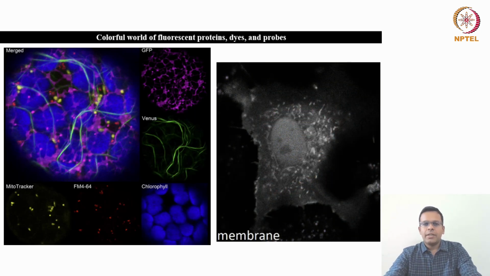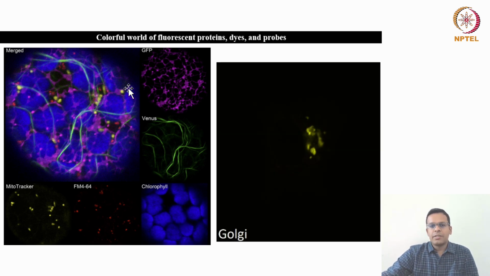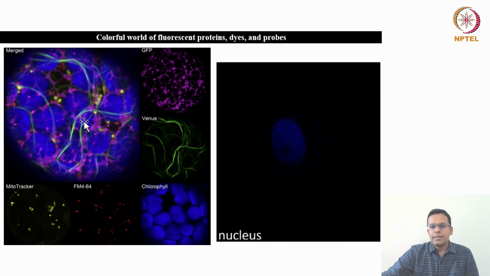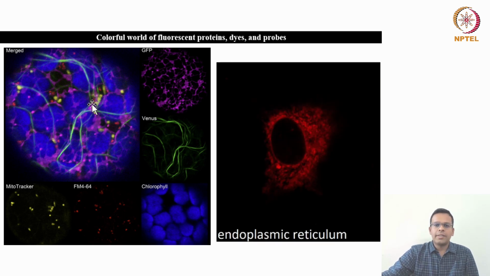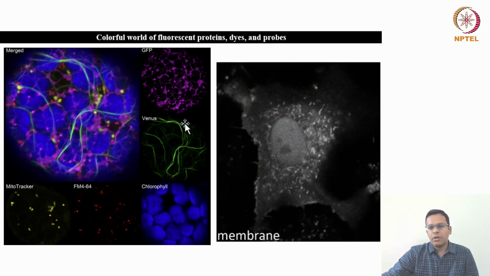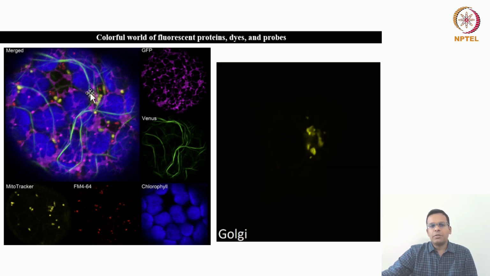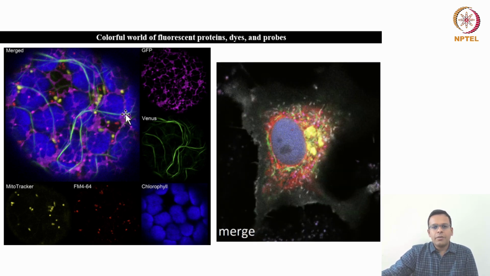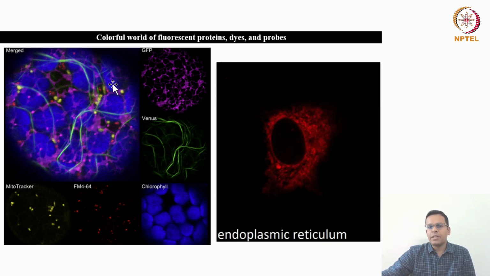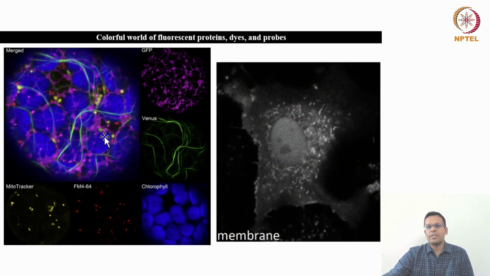In many research articles or in several presentations, you must have seen this kind of beautiful images of the cellular structures and cell organelles, in which different cellular organelles or the cellular proteins are labeled in different colors, and you can merge all those colors to see their co-localization. So in today's class we'll learn how these different proteins or cell organelles can be stained with different fluorescent colors, and how we can visualize them under the fluorescence microscope.